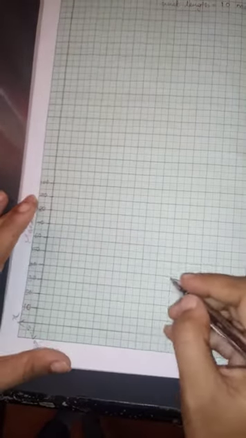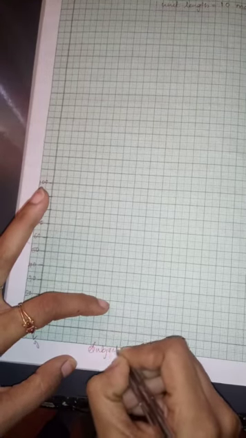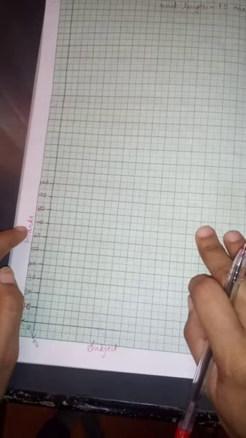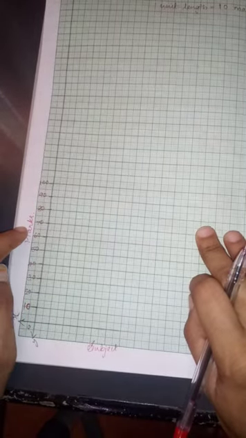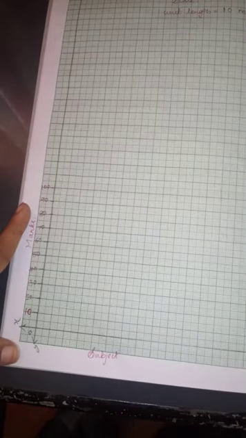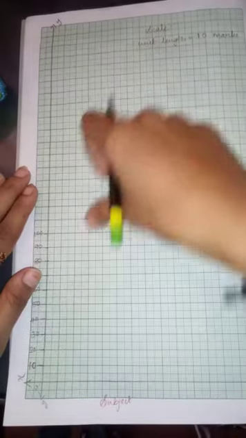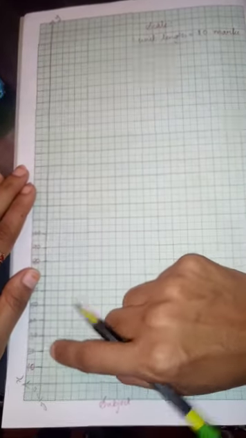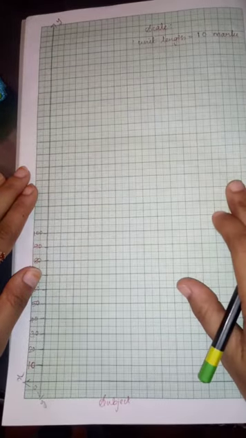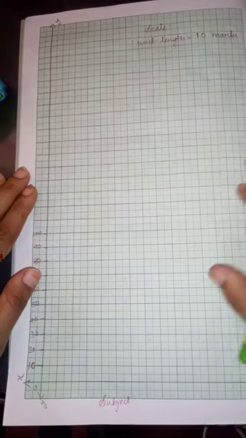Here is the subject. Here we are going to write the subjects, English, Tamil, like that. Here we are going to represent the marks. Now, shall we draw the graph? It is a double bar graph, which means one single is a bar graph, and if you are drawing two bar graphs together, it is a double bar graph.